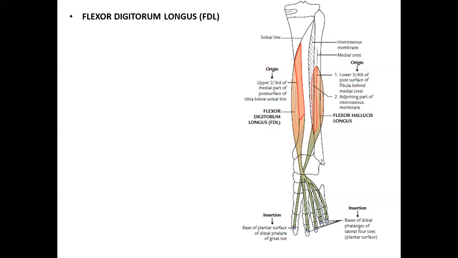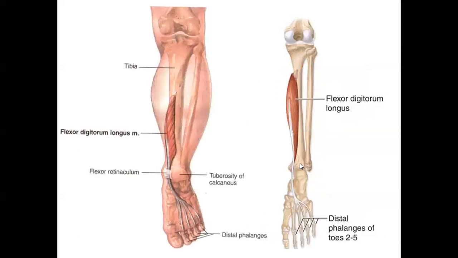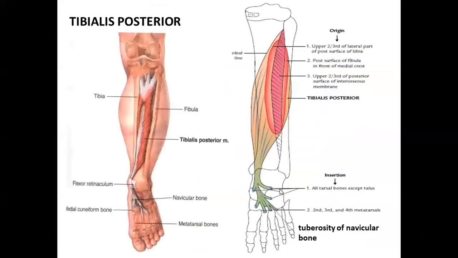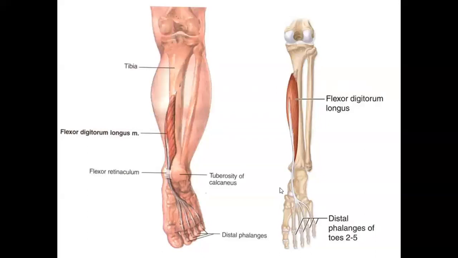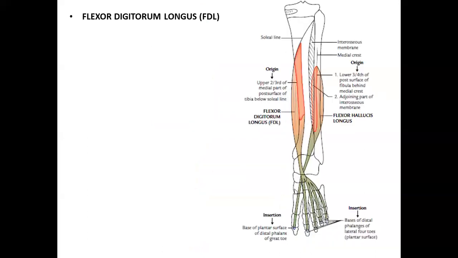ये muscle जब नीचे जाता है, ये ग्रूव करता है 2 bones को. That is the talus. Okay, so we know here we have the talus. So it grooves 2 bones, talus between its medial and posterior tubercle and the calcaneum below the sustentaculum tali. This will become clear when we will be dealing with the foot. So it grooves the posterior surface of the talus here, and it also passes deep to the sustentaculum tali of the calcaneum.